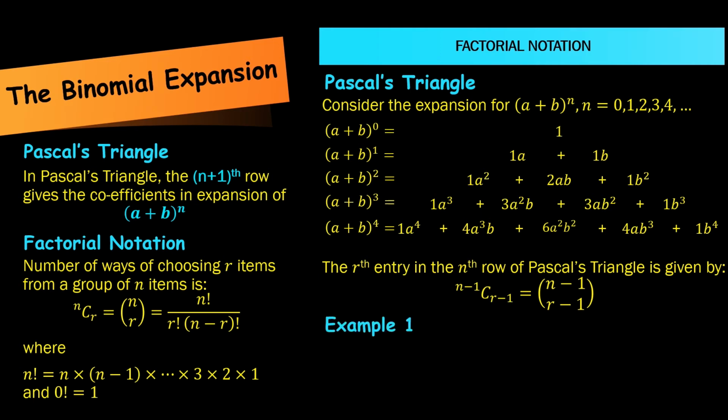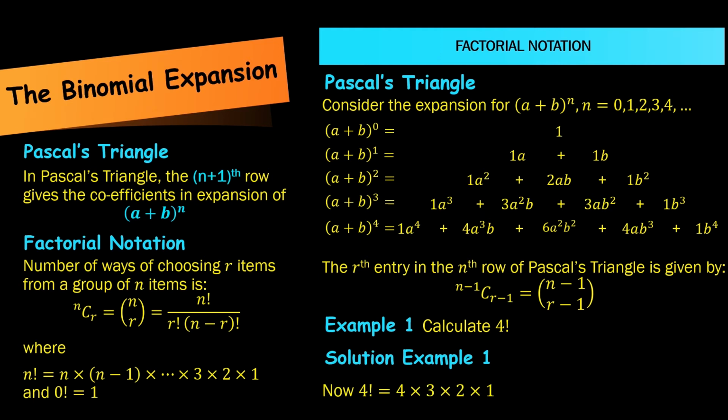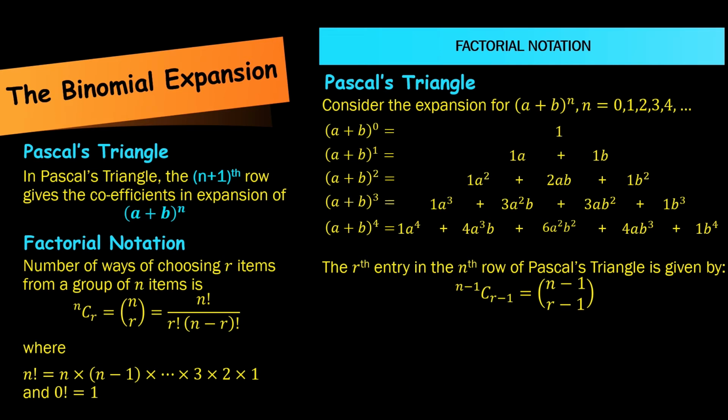Let's take a look at an example. Calculate 4 factorial. 4 factorial is 4 times 3 times 2 times 1. Which is of course equal to 24. And another example,